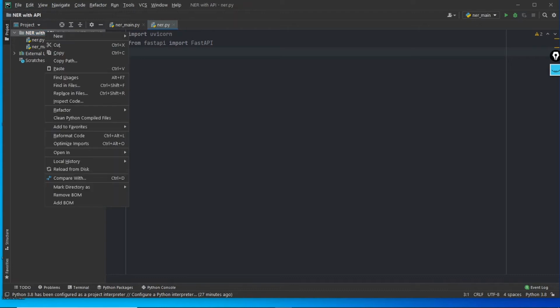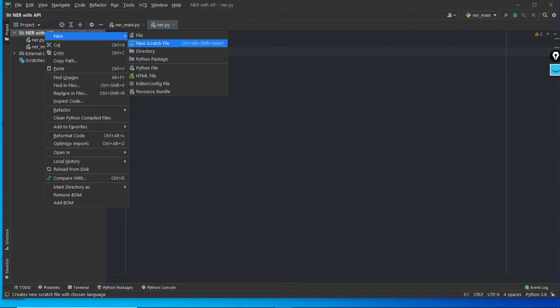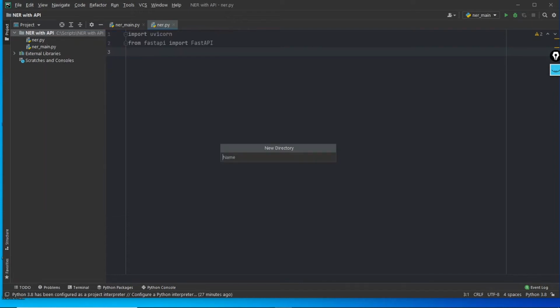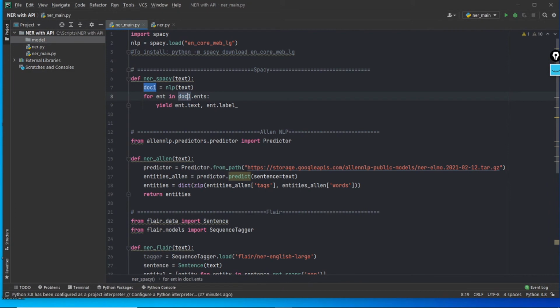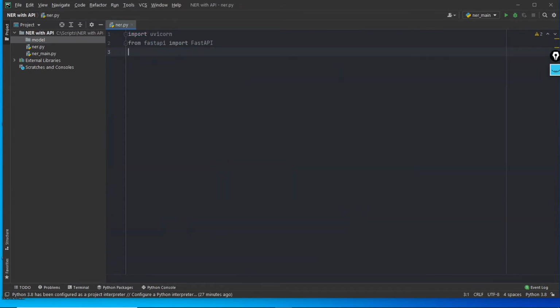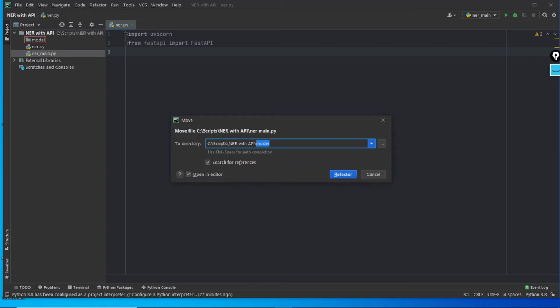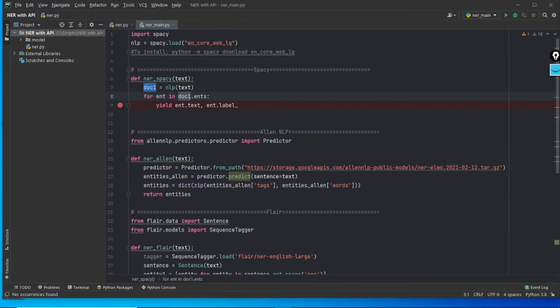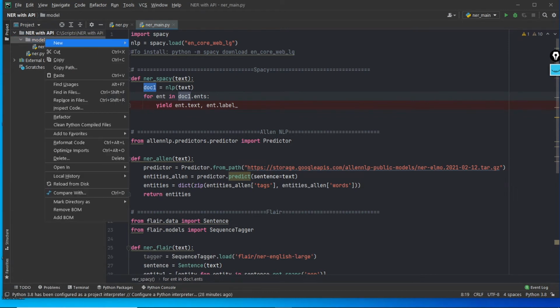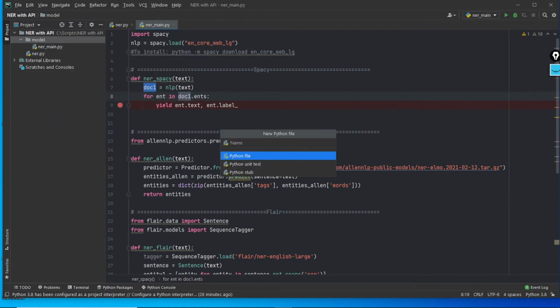So we can just call this, and we would say new folder we'll have to create. I would say directory maybe, then I would say model. Okay, and now we can close this. We can save and close this, and NER main, let me move it to model. Okay, so within model we have NER main.py, and then model again, let me create another py file called